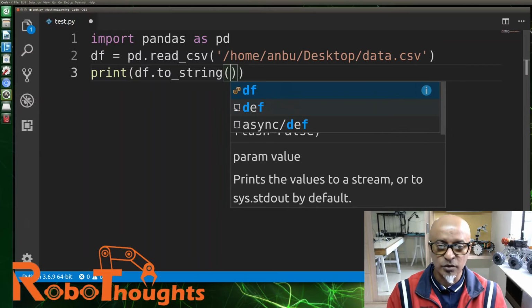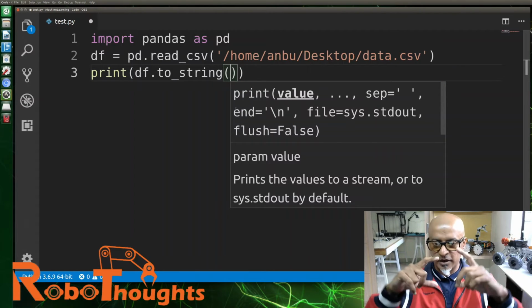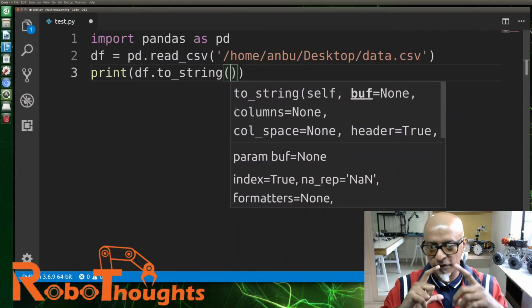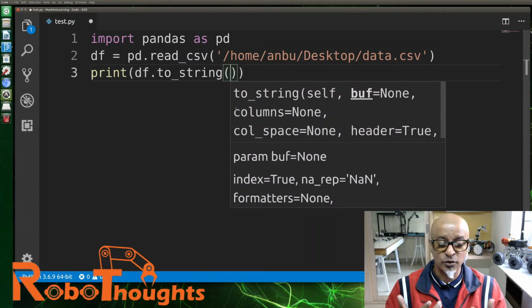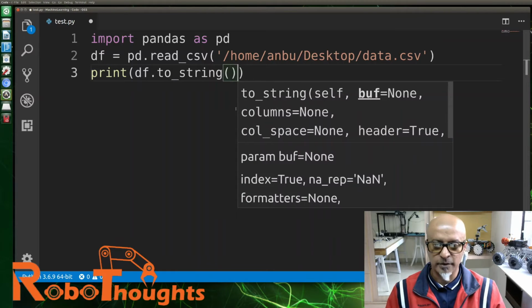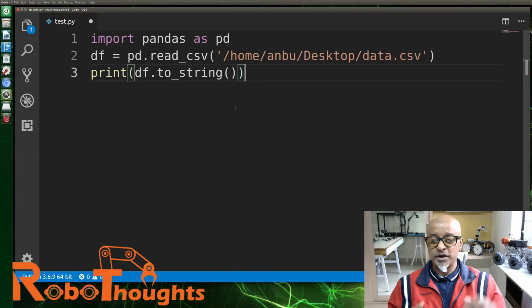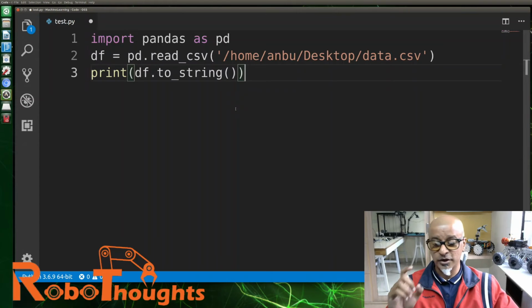You need to close this method with an open bracket and a close bracket. That is how you end any of the functions and methods you call. So basically you use the to_string method to print the entire data frame. That is how it works, guys. So you need to understand this.